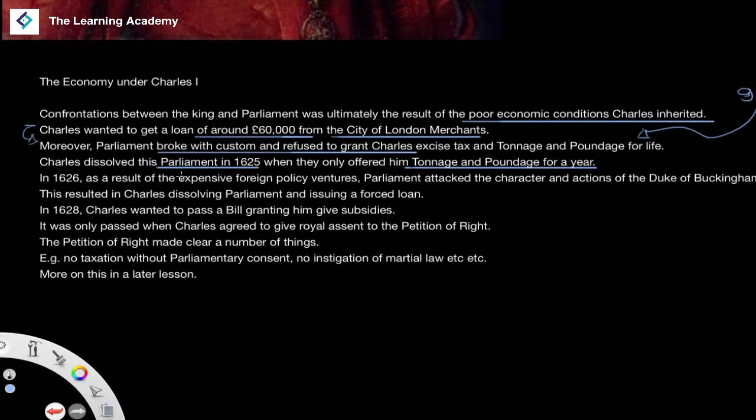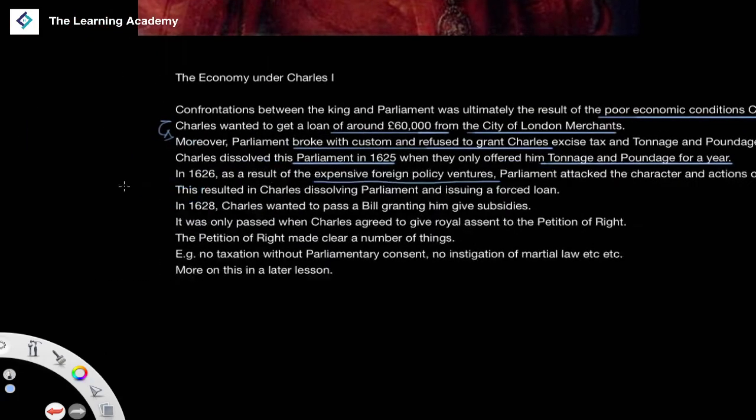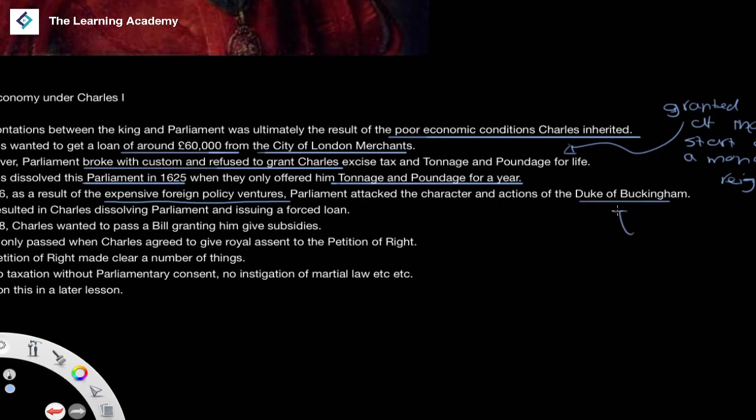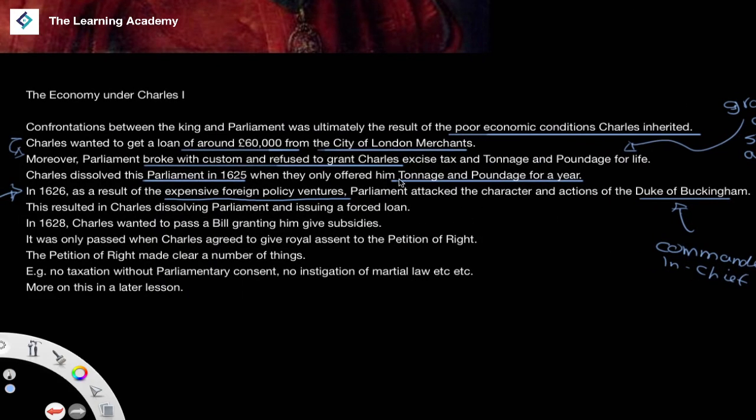In 1626, as a result of expensive foreign policy ventures, don't forget we were talking about the 30 Years' War in this example, Parliament attacked the character and actions of the Commander-in-Chief, who was the Duke of Buckingham. So let's not forget this was the Commander-in-Chief. Okay. And so this resulted in Charles dissolving Parliament again and issuing a forced loan, something that is obviously extremely